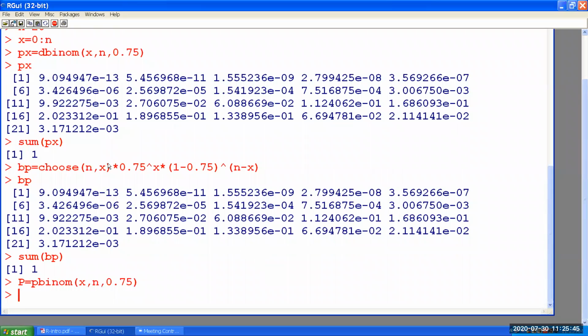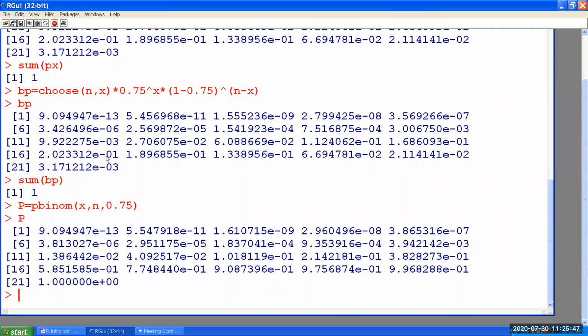What happened here? You can see the last one, we got 1. So that means they are the cumulative probability. The first one is x is equal to 0. So we have to